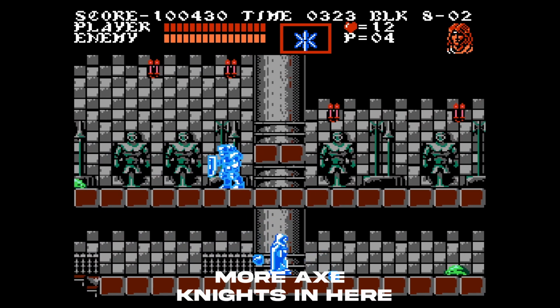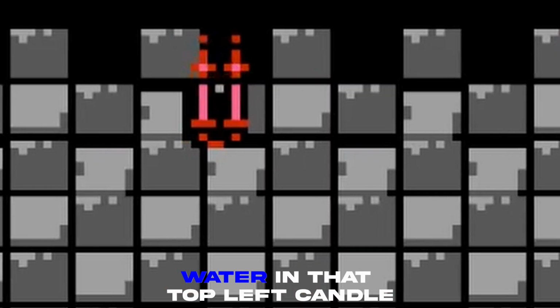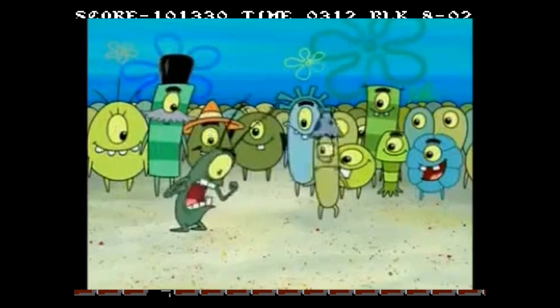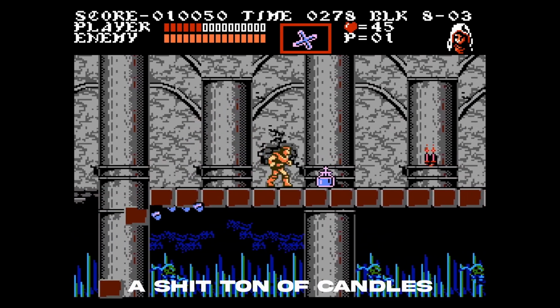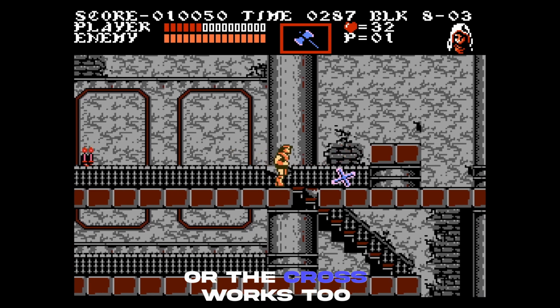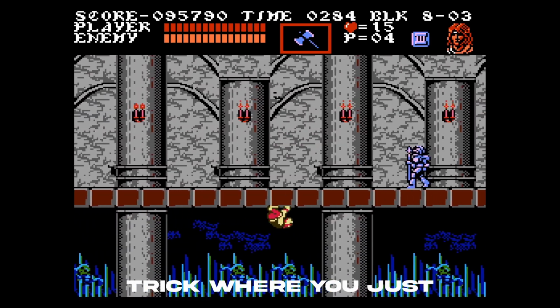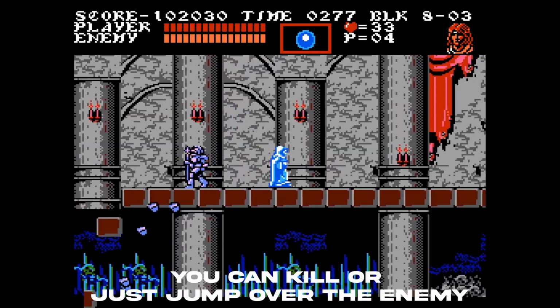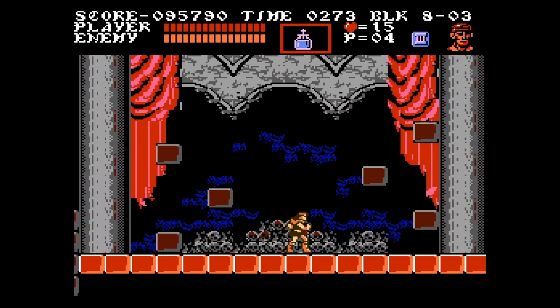There's just gonna be more axe knights in here, and there's actually a holy water in that top left candle, but there's one more coming up. I would highly recommend holy water. And I get it! There's gonna be a shit ton of candles. One of them has the holy water, or the cross works too. If you have Grant, you can do this cool trick where you can just climb under the bridge and negate all the lag. You can kill or just jump over the enemy. Anyway, you need holy water because...